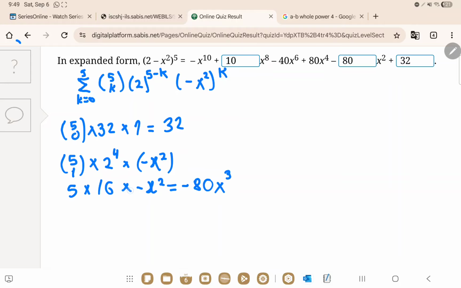This is times, by the way. I mixed myself up, see? This is why we need to distinguish between x and multiplication. So it's negative 80x squared. Now,